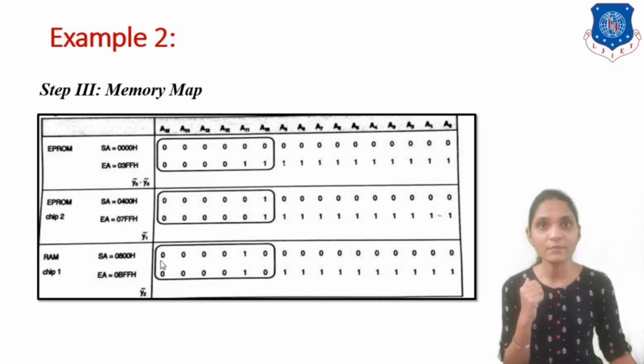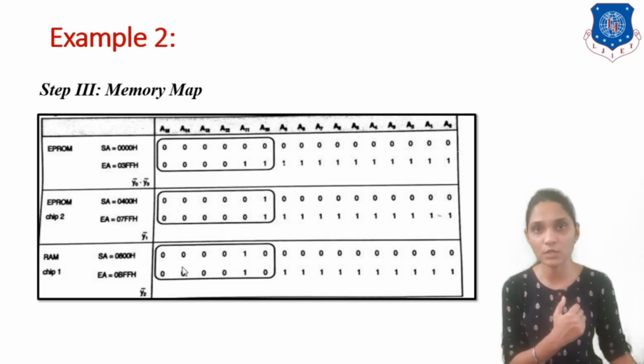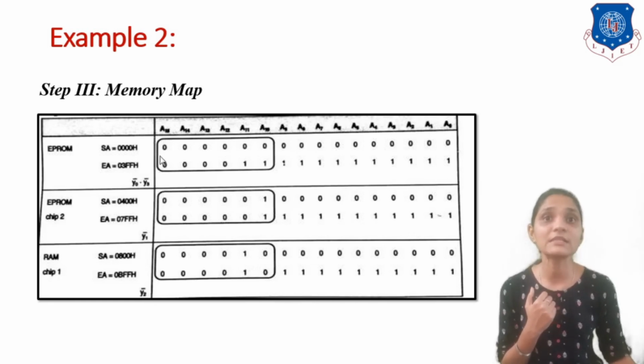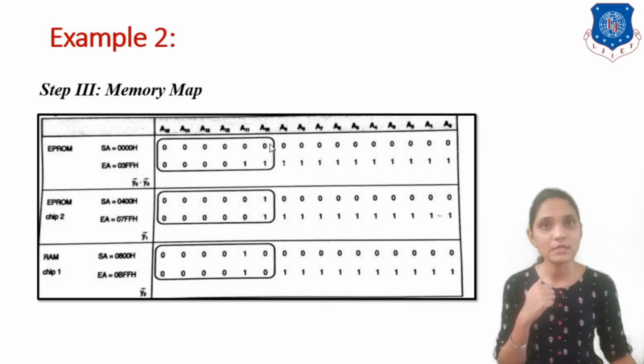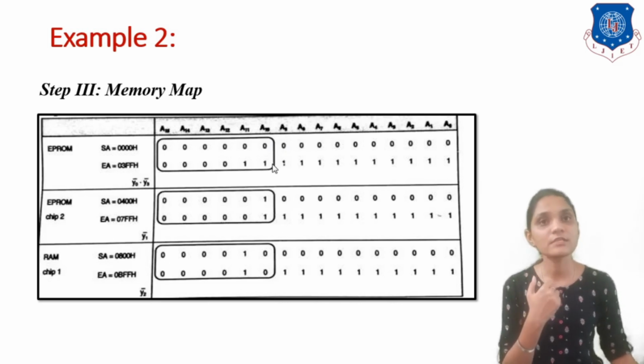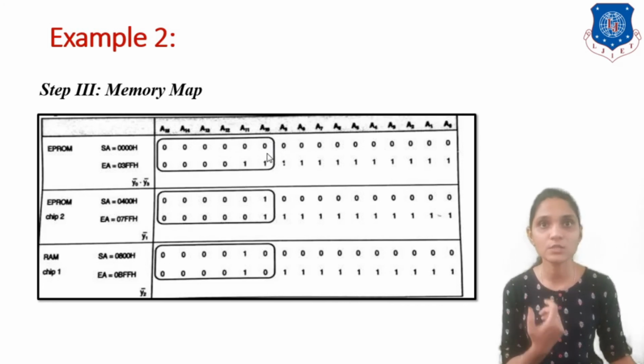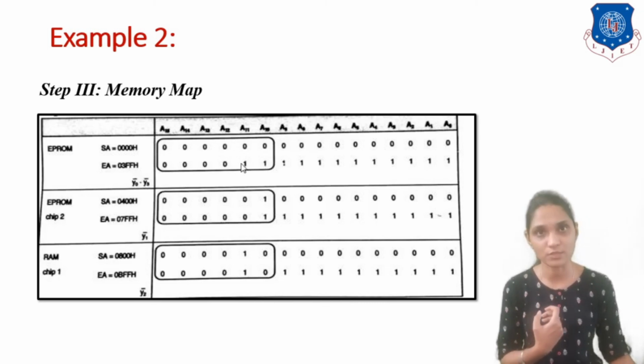Similarly, for this RAM, I will get the activated output of 6 to 64 decoder at the Y2, because this is the binary pattern for the 2. And similarly, if we consider for this, then this can be possible for 0 as well as 3. Okay, so we have to combine both of these things. If 0 output is activated, or if third output is activated, I have to select this chip. Okay, so I have to use the ORing operation between these two. Any of this is 1, then I have to select this chip.